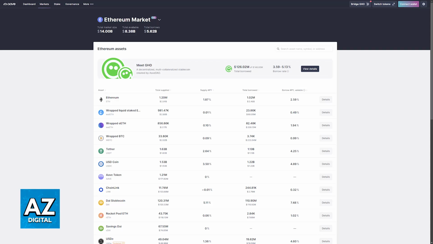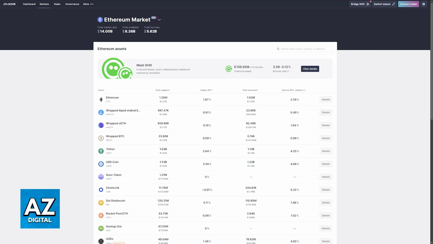Now, first, choose a wallet. Ensure that your wallet is compatible with the AAVE protocol. Popular options are going to include MetaMask, Trust Wallet, or Coinbase Wallet, but you can choose from various others. So now connect your wallet, visit the AAVE protocol website or application, and make sure that everything is properly connected, good to go. I'm not going to go over the setup process, so do this at your own time if needed.